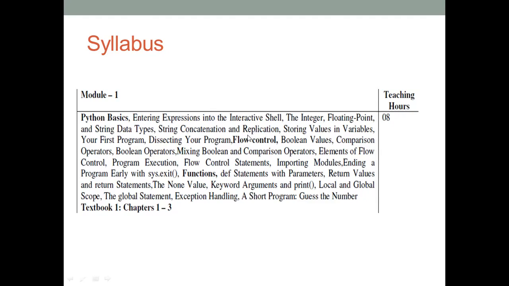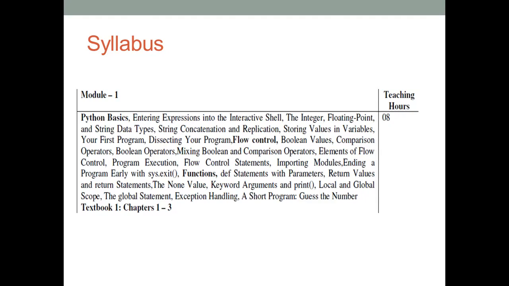And representation means how you find out the string length, and then how you can represent the string. That we discussed in this concept. And then next, storing values in variables: how to store the values in variables, how those values will get stored in the form of variables in your memory, that we discussed. And then your first program: how to type your first program and execute.